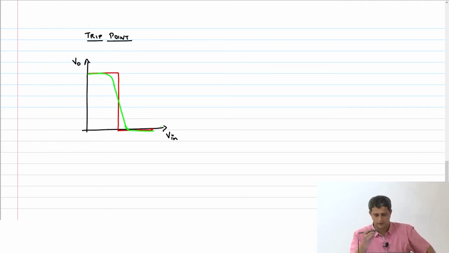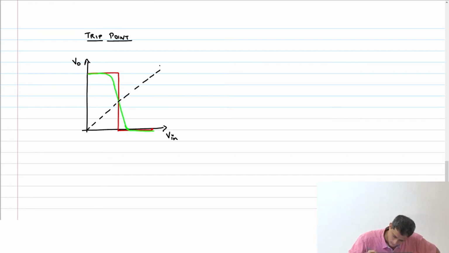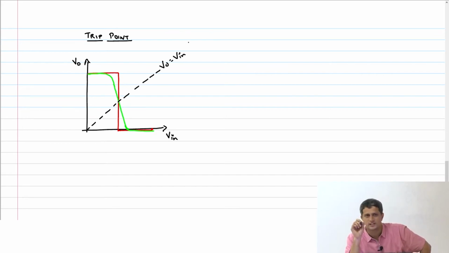So it's quite reasonable to assume that this transition region is quite sharp. Then if I just plot the V out equal to V in curve, the point at which it intersects my voltage transfer characteristic, I can define to be my trip point. Ideally, if the characteristics were perfect, at that point the inverter should have tripped, right? So the point at which V out is equal to V in is what we define as the trip point